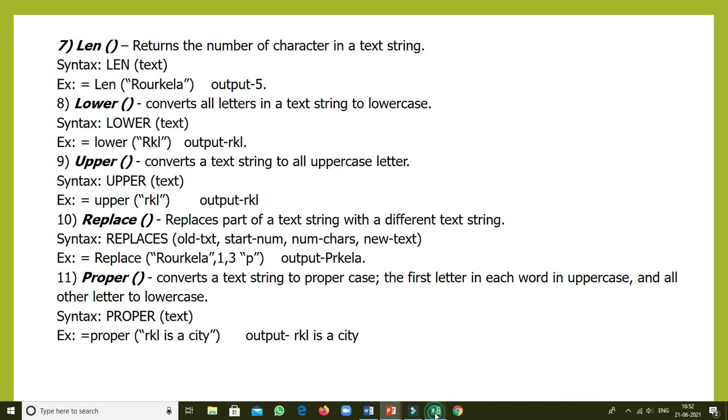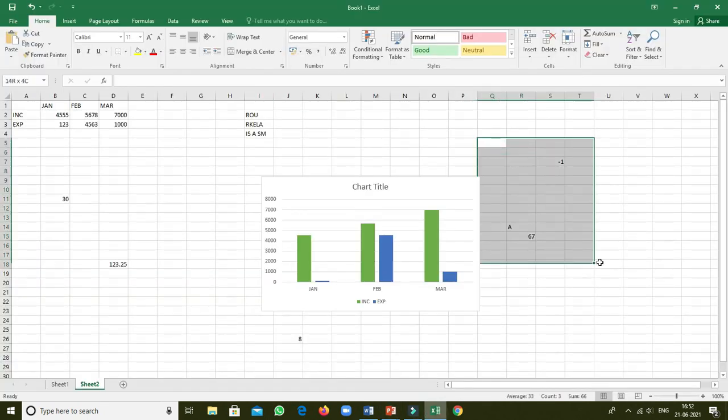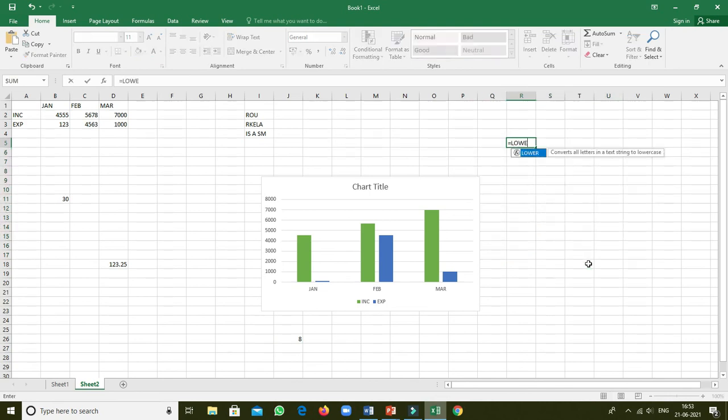So now see, if I write equal to LOWER of capital RKL, so small rkl will be displayed. If I write equal to UPPER of small rkl, so capital RKL will be displayed.